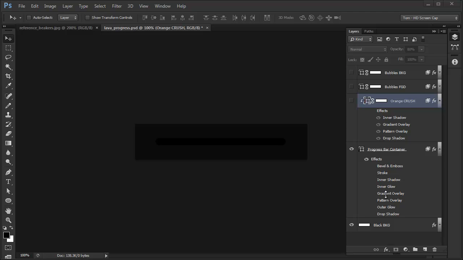So, for example, a gradient lies on top of a pattern, and it will always be that way. At least in this version of Photoshop, you cannot change the order of things, so it's best to come to grips and come to terms with that order and work within it, because otherwise you'll just be frustrated. Okay, so let's take a look step by step at what makes up